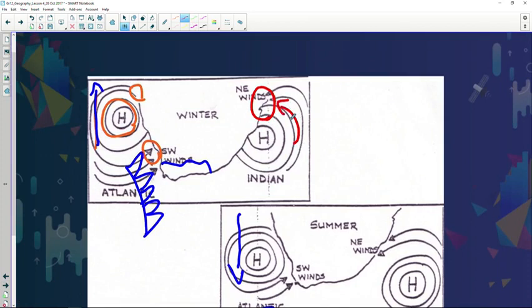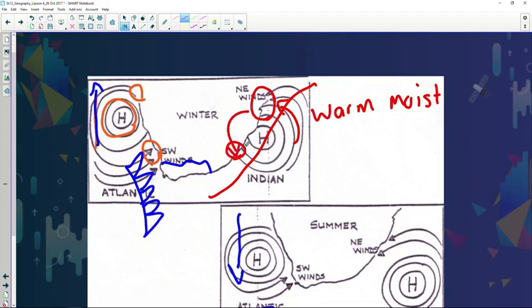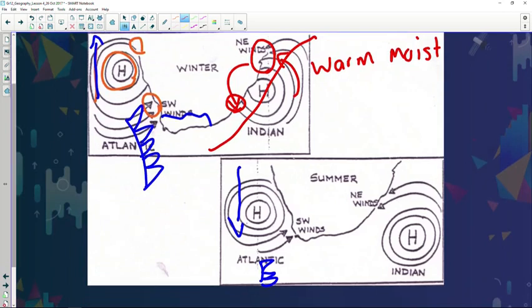Why do we experience the onshore flow? Very importantly, the onshore flow that will be experienced will be warm and moist conditions. Why? Because this high pressure system moves over this warm ocean current. The offshore flow will be dry because the air is coming from the interior. During the winter, as you can see, the position of it has moved slightly to the north, and during the summer, this whole system also migrates towards the south. Please pay attention to the anti-clockwise circulation,